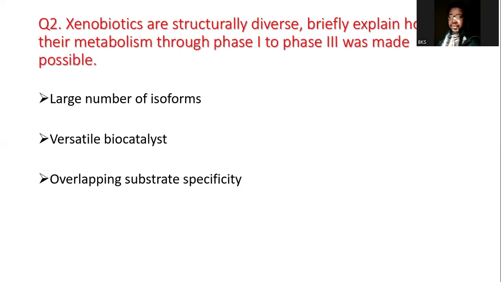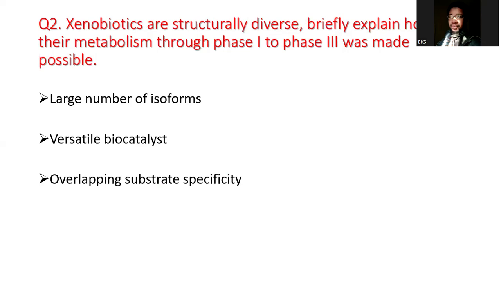The next question says, xenobiotics are structurally diverse. Briefly explain how their metabolism through phase 1 to phase 3 was made possible. This is as simple as considering the fact that we talked about some properties also. These are phase 1, phase 2, and phase 3